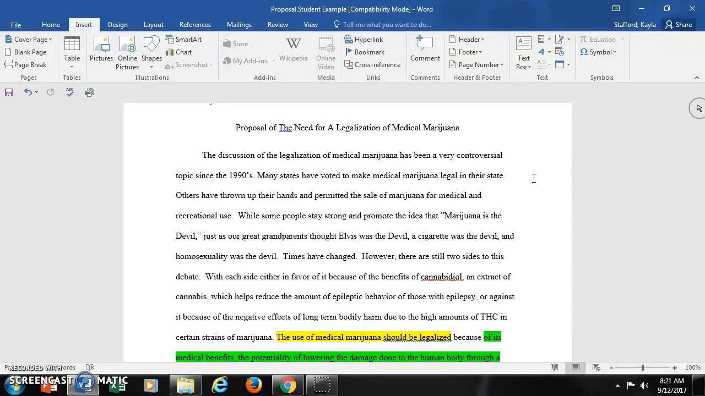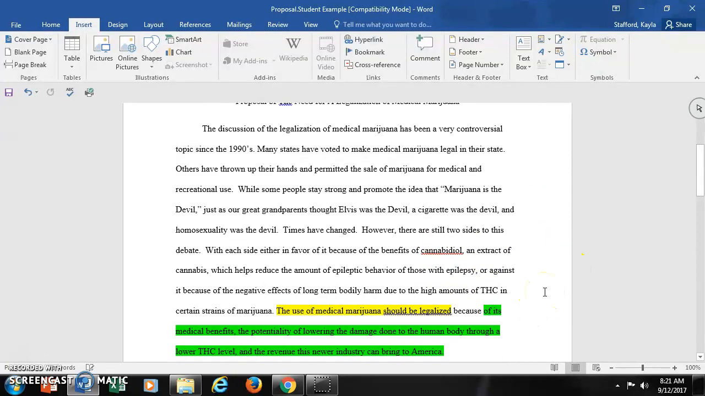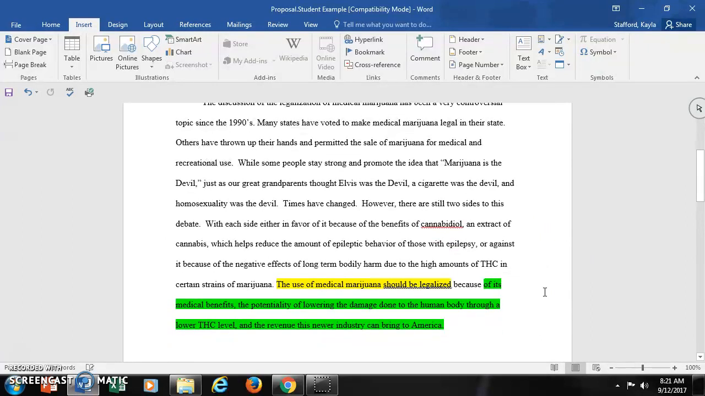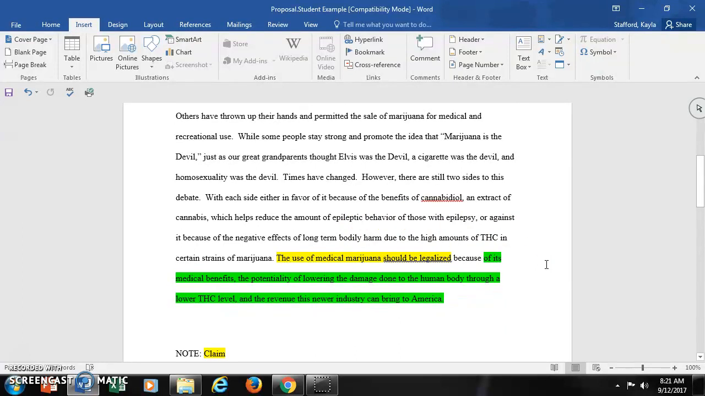While some people stay strong and promote the idea that marijuana is the devil, just as our great-grandparents thought Elvis was the devil, a cigarette was the devil, homosexuality was the devil, times have changed. However, there are still two sides of this debate, with each side either in favor of it because of the benefits of cannabidiol, an extract of cannabis, which helps reduce the amount of epileptic behavior of those with epilepsy, or against it because of the negative effects of long-term bodily harm due to the high amounts of THC in certain